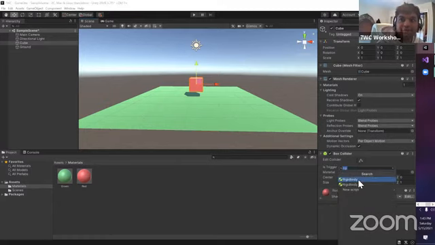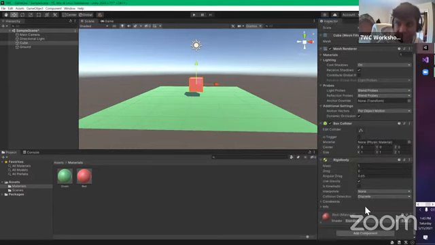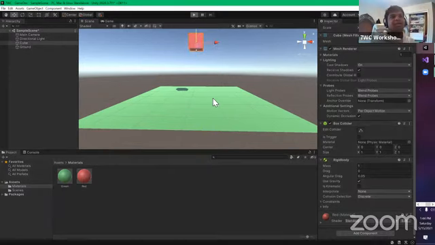So in order to add physics into this box, we're going to add a rigid body. A rigid body allows it to be put into the physics engine by giving it mass and also allowing us to say, okay, this box, I want it to use gravity, right? So hence, we got a box with gravity. Now, I'm just going to move this up so you guys can see. If I click play,